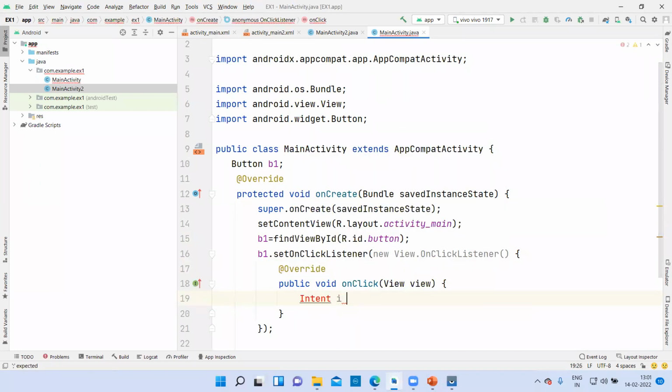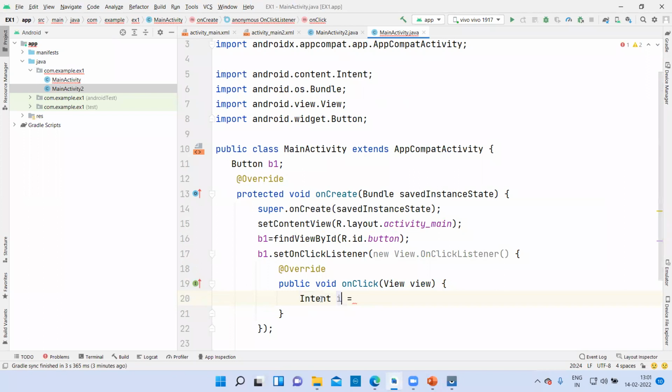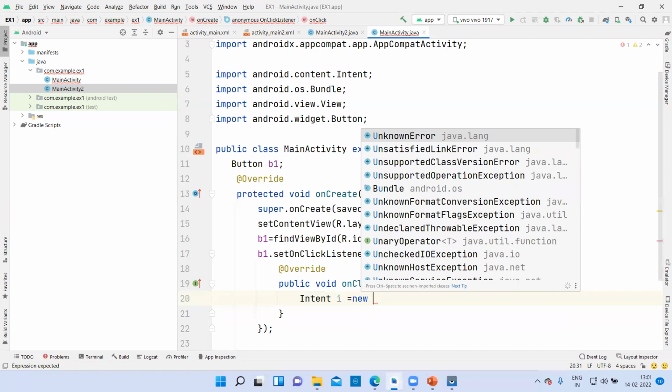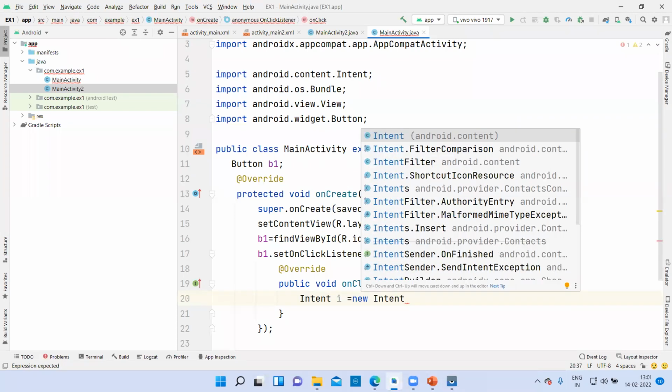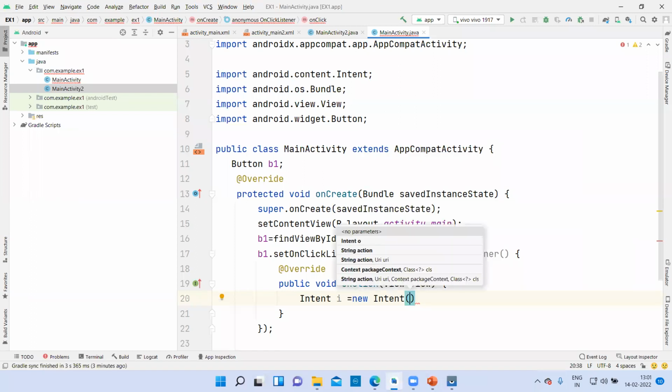Intent i is equal to, let me import it, Alt plus Enter, and you will write new Intent. In round braces, you will give the current activity and the activity to which you want to move, that is the second activity.